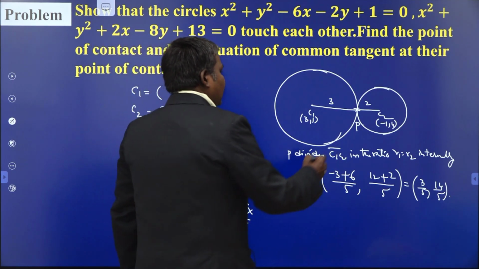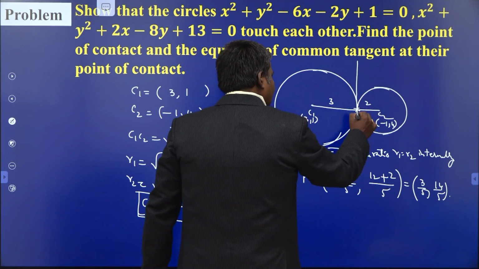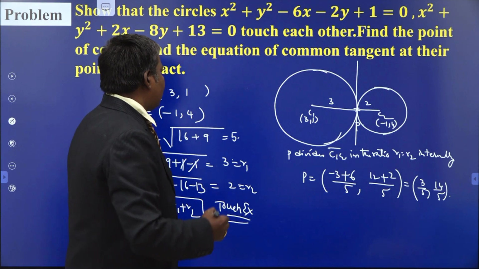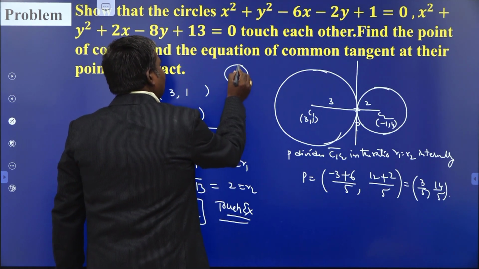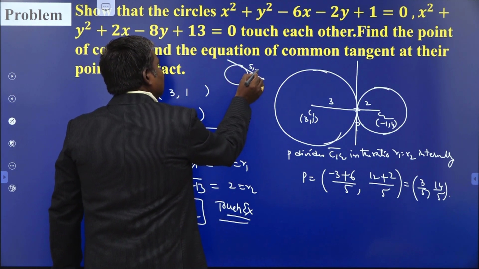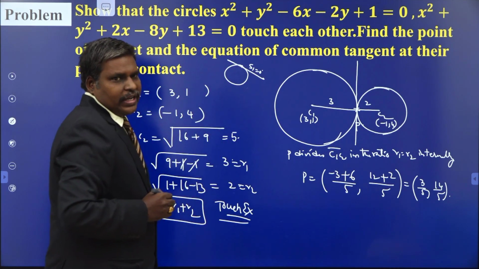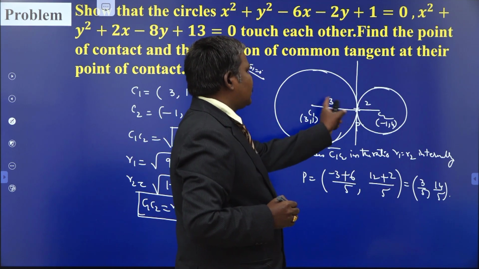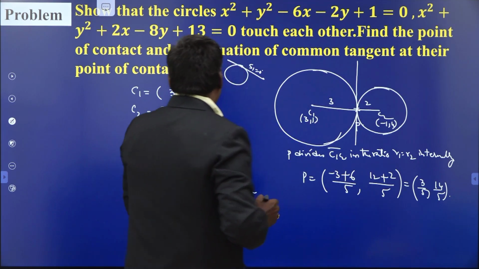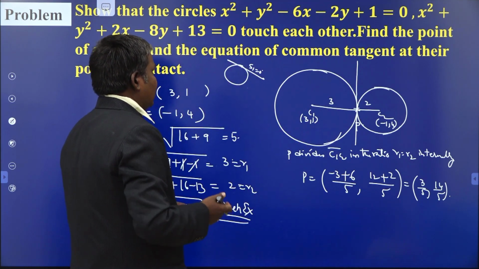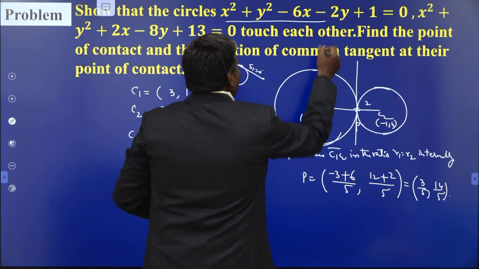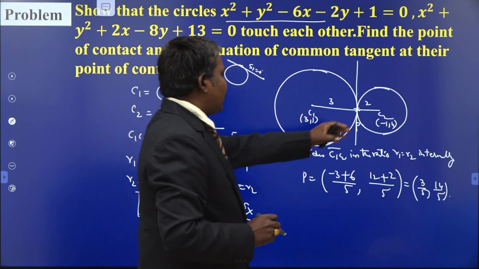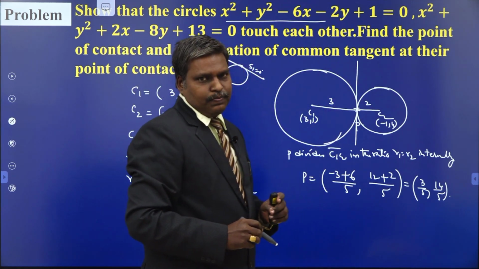Now, we have to write the equation of the common tangent at that point of contact. We know that the equation of the tangent at the point P is nothing but S1 equal to 0. We derived it already. So, you can write S1 equal to 0 for any one of the circles. Choice is yours. If you choose this circle, you write S1 equal to 0, and that will be the common tangent to both circles. Or you may write S1 with respect to the other circle also.